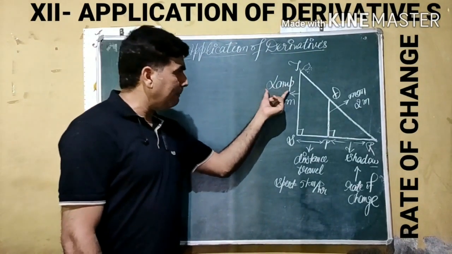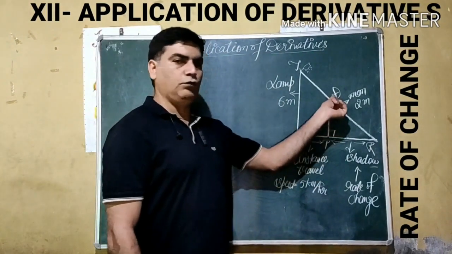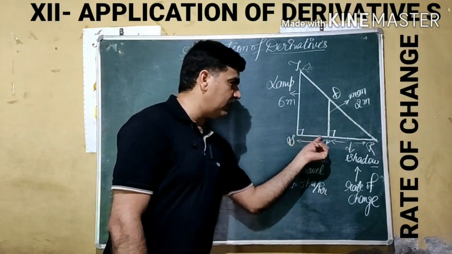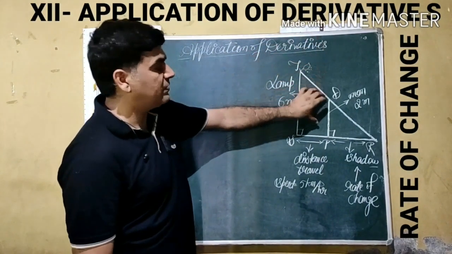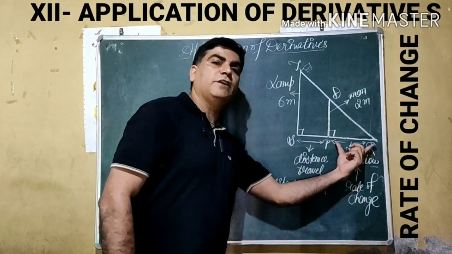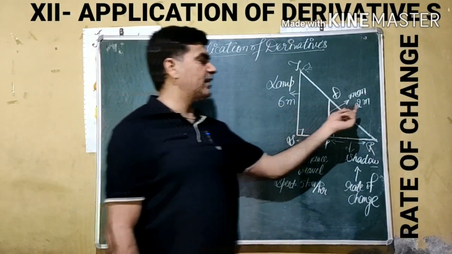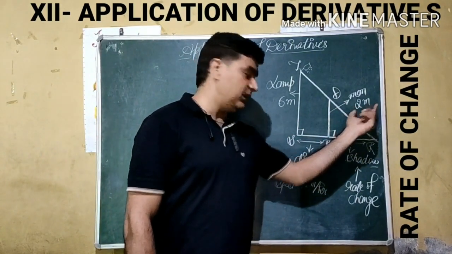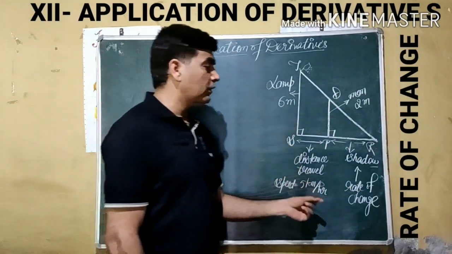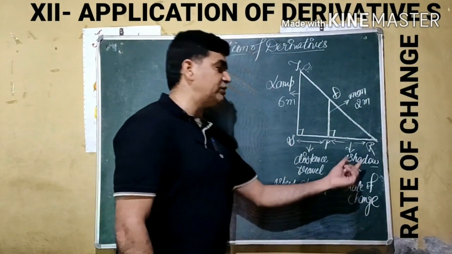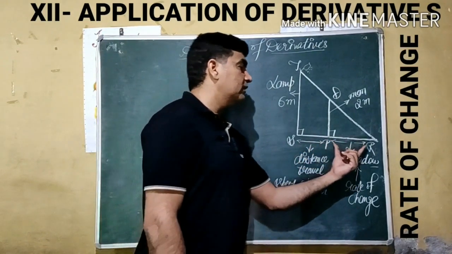There is this lamp, means the street light in a street. A person is represented by PQ, who is moving away from the street light pole. As we know, if light glows at the top of the pole, it hits the person and the shadow of the person comes in front of it. It is given that the height of the street light pole is 6 meter and the height of the person moving is 2 meter, and the person is moving with a speed of 5 km per hour. We have to find out what is the rate of change of shadow with respect to movement of person. We have to calculate this value change.